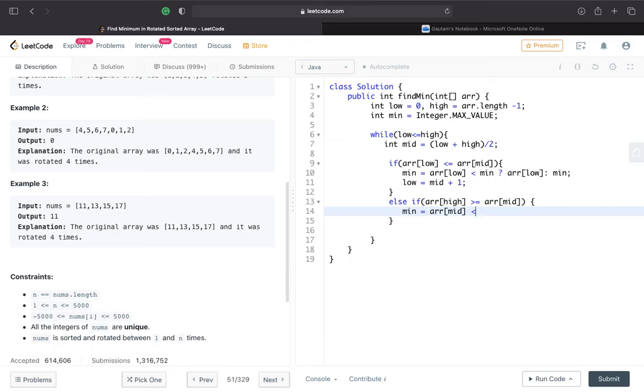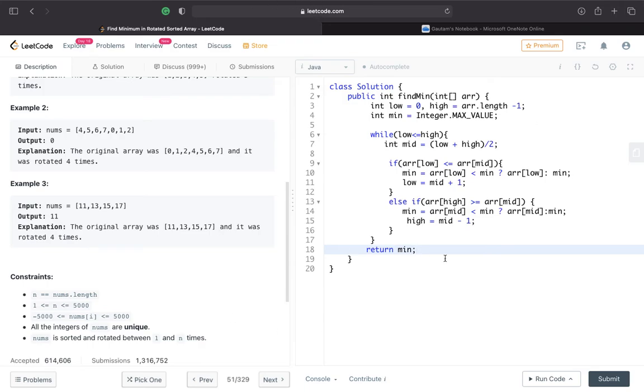If ARR of mid is less than min, then we'll take ARR of mid, otherwise the minimum will remain the same. Afterwards we'll do high equal to mid minus 1, and that's it, and we'll return minimum at the last.